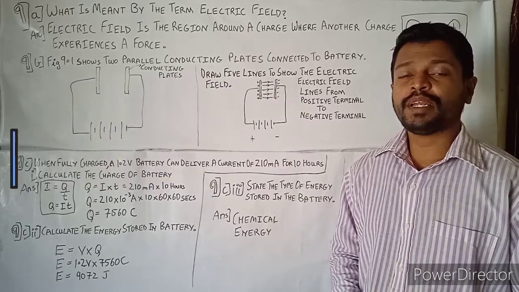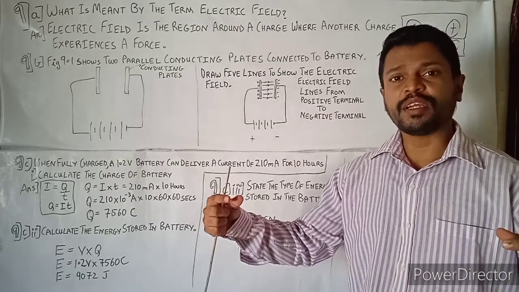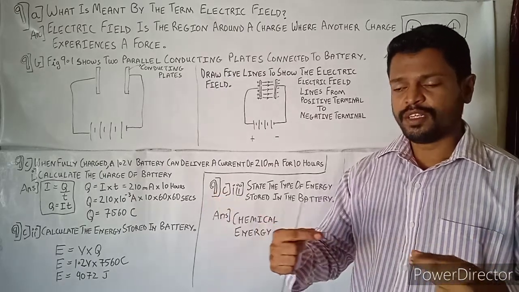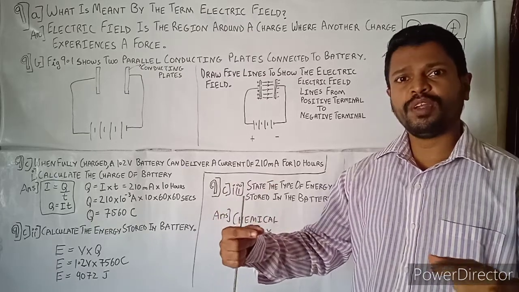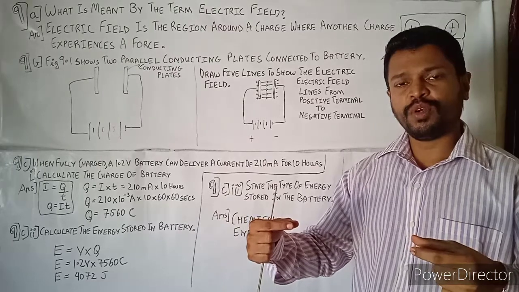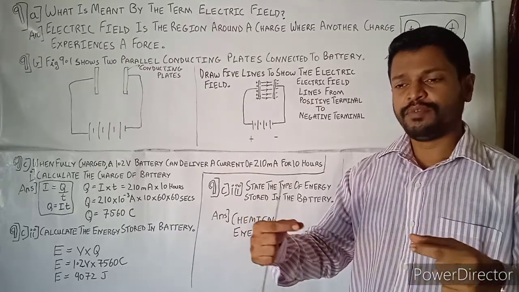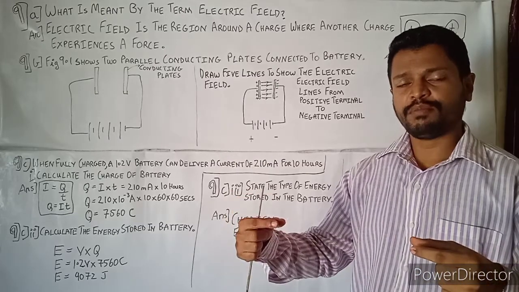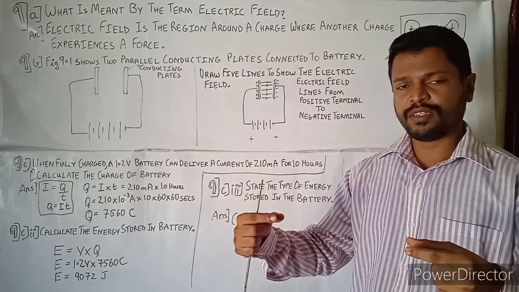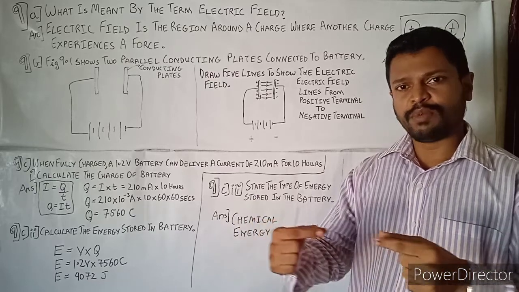So if you compare electric field with magnetic field, what happens is that if you bring 2 point charges together, let one be north pole and other be south pole. So when north pole is brought close to the south pole, there is a force of attraction, and when like poles, for example north pole and north pole, are brought together, there will be a repulsion.